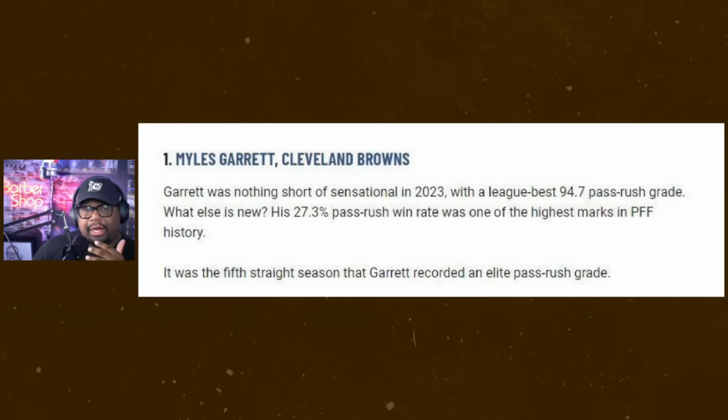These guys out here be sitting here talking about, well, Myles Garrett, he fell off at the end of the season. He got 5-6 dudes on him. These dudes ain't never been double teamed and triple teamed before. This dude been getting doubled and tripled since he came into the league. And his 27.3 pass rush win rate was the highest mark in PFF history. See, a lot of times, sometimes you just don't know. If you ain't never put your hand in the dirt,